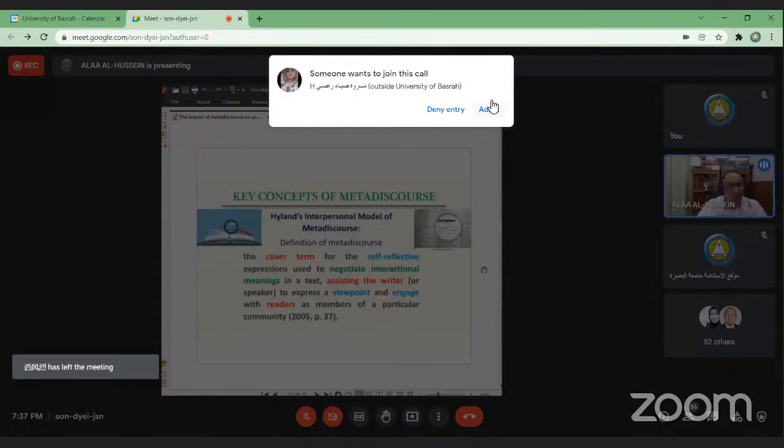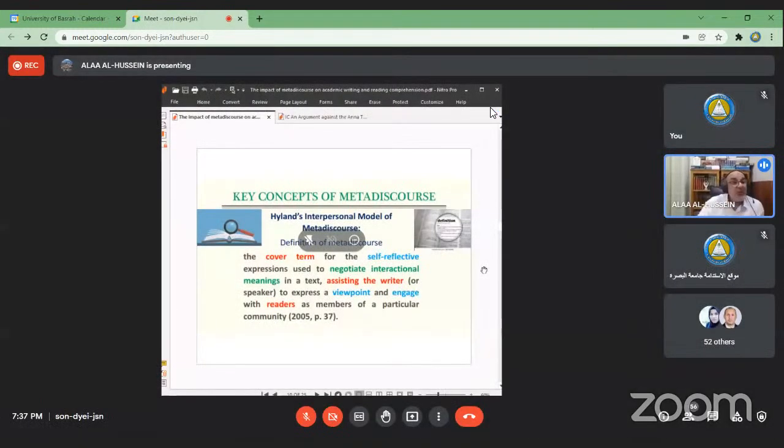So through using these meta discourse markers, the writer is conversing with, interacting with, communicating with his readers or her readers. Okay? So, all meta discourse to Hyland are interpersonal, whether they are working at the level of the text, organizing the text,